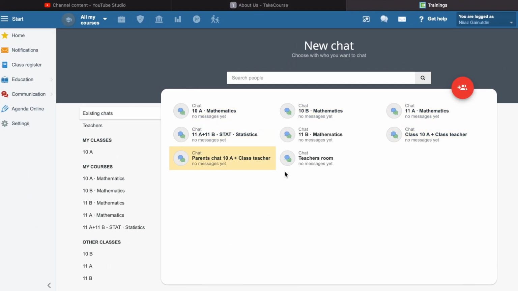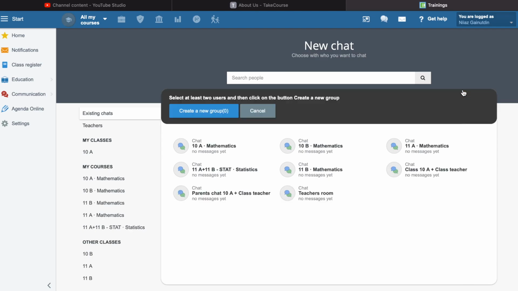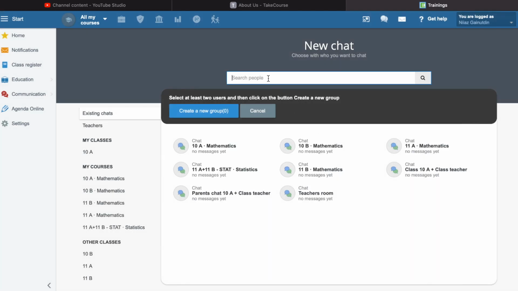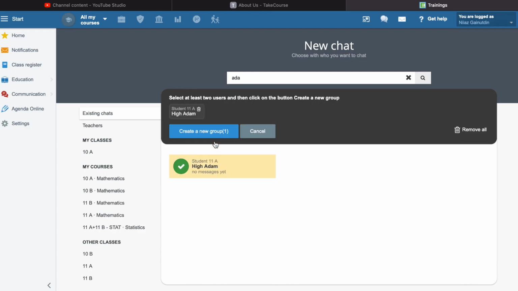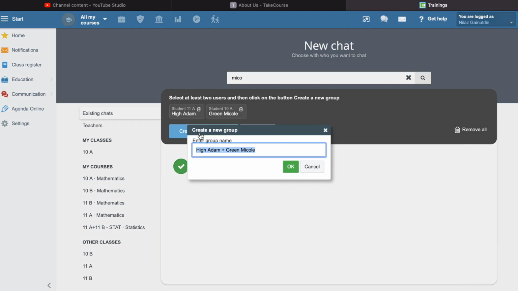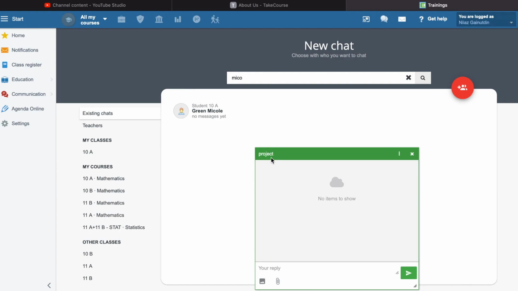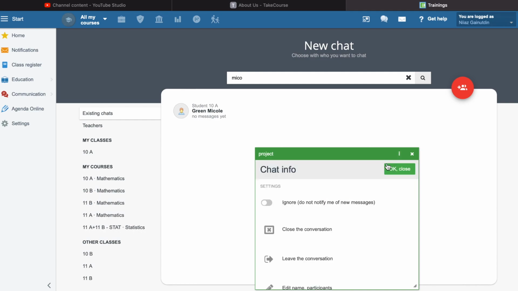If you don't want to send to any of these groups, you can create a new chat group. So create a new group, and you need to select the participants. Let's say that Adam, and we call, maybe you have, for example, a project, so you will create a group and right here the project, and it's the chat with the name project, and you know that you have here 2 students, and also you